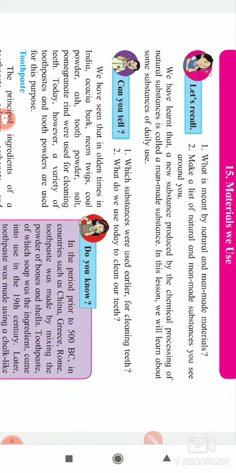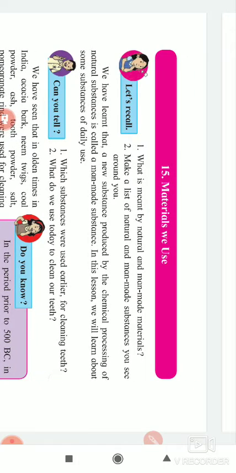Otherwise, if you are unable, you can find it on the mobile, just type on Google what is the meaning of a particular word, then you will get its answer. So your duty is that you read the lesson carefully, and after that you complete the exercise, because I am going to give you an open book test on this lesson. I will decide when to give it, and then I will give you the open book test on this.